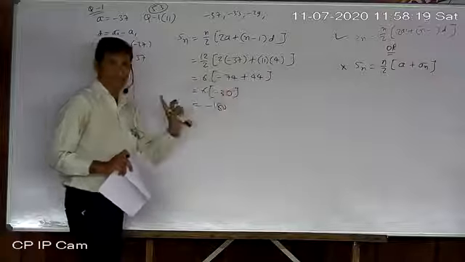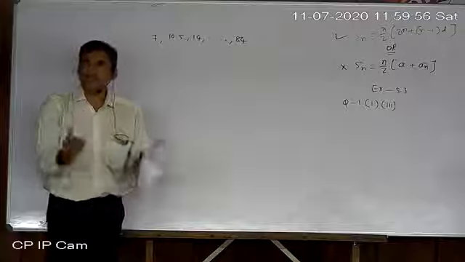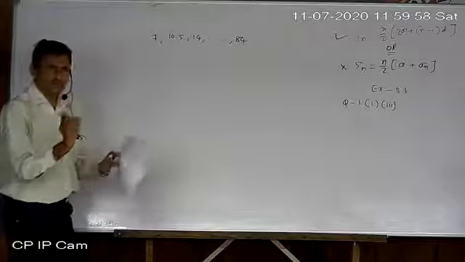So in this second question, we cannot find n directly. What is the problem? n is not given. You know n is used in any formula, so without n, you cannot find it. So you just write it as an AP only: 7, 10.5, 14, dot dot dot 84. That is our arithmetic progression. I remove that addition sign. The addition sign is given just to know that the sum is asked. Otherwise, no use of that.